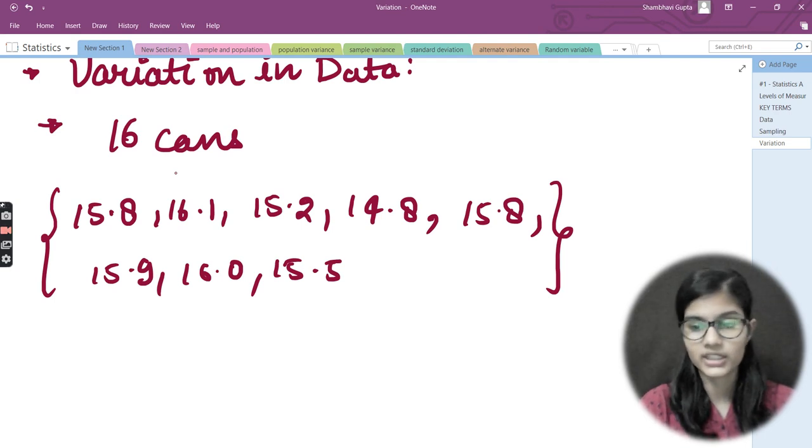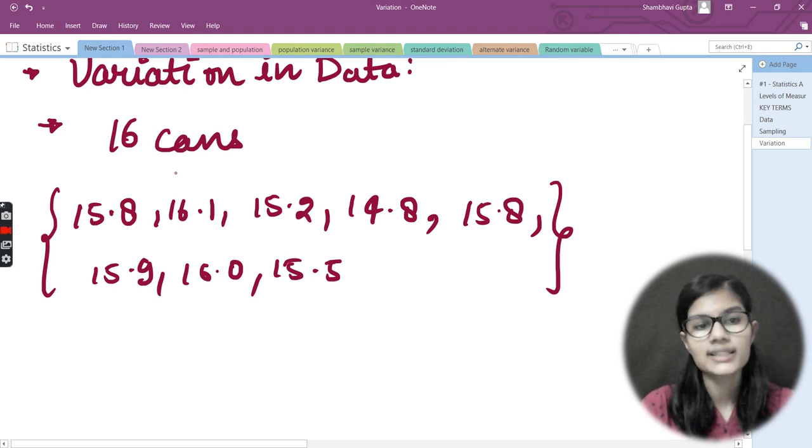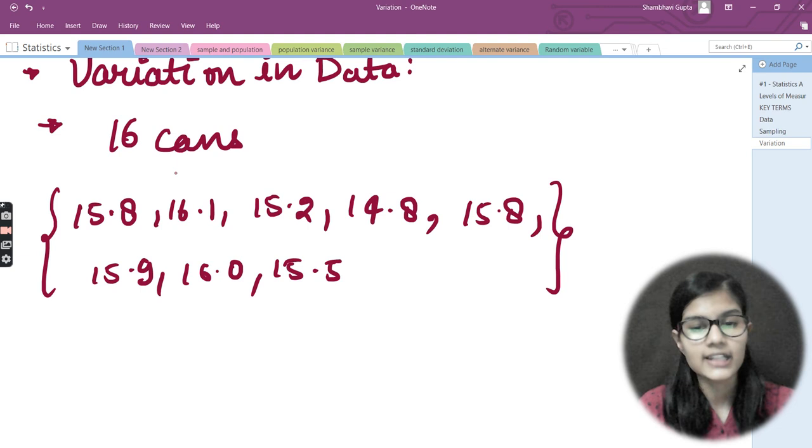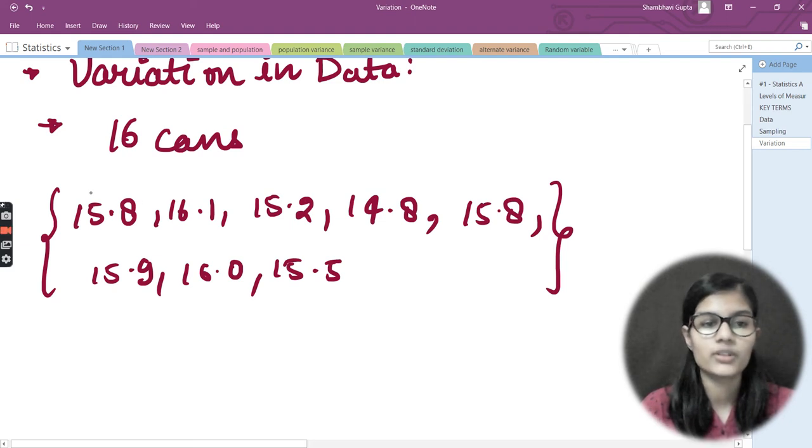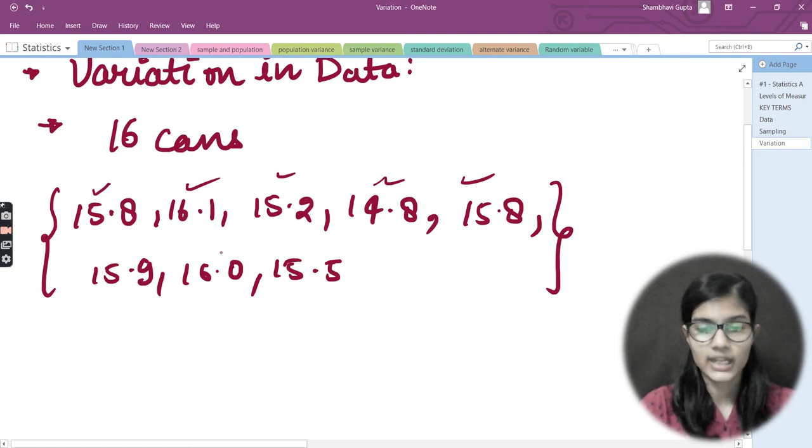Okay, let me just revise the example once again because I'm not writing out everything here. So 16-ounce cans were taken and liquid was poured into them. One study was conducted, and in that, eight 16-ounce cans were measured, and these were the amounts produced from the different cans. Now these measurements can be less and can be greater, and right there we are able to see that, because all the measurements vary from one another, right?